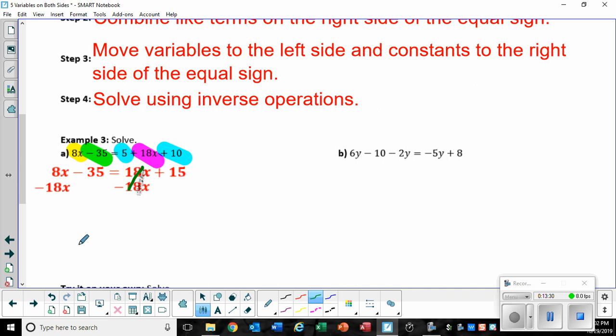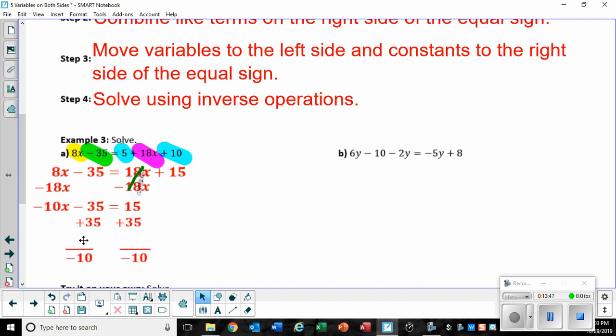These will cancel out. Over here, I go ahead and add it. 8 minus 18 gives me -10x, and I bring down the 35 and the 15. Now I just go ahead and solve. So I add 35 to both sides. I get -10x equals 50. Divide both sides by -10. And I get